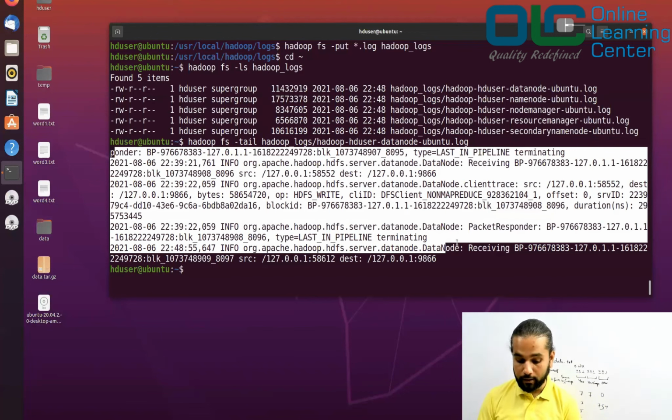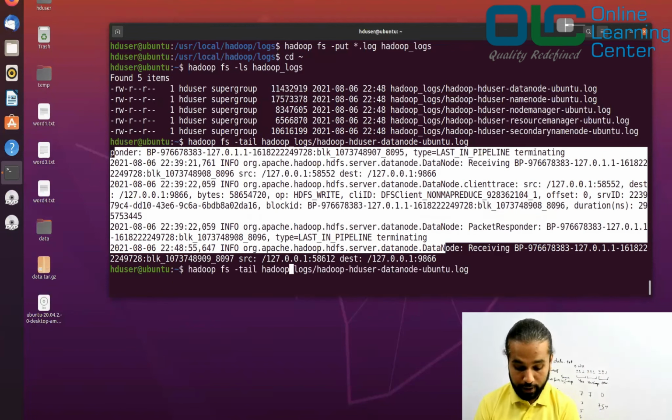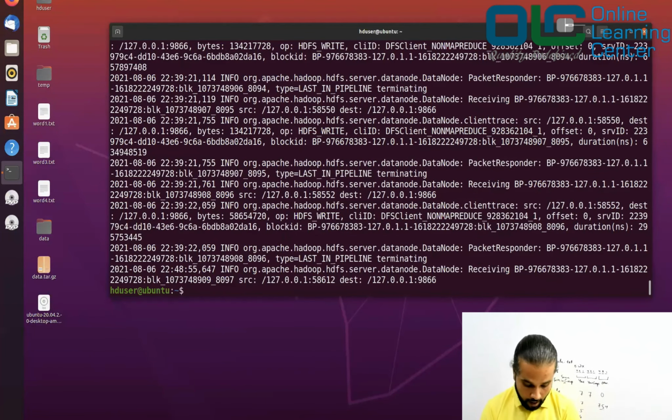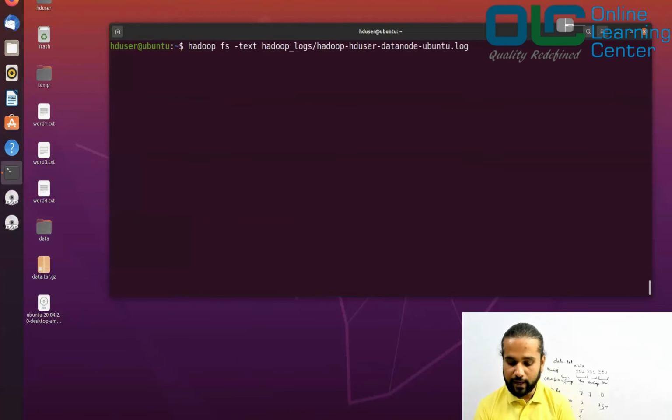If you want to open it, you can also do something like this. You can say cat, which will display everything. If you want to see everything, then you should say cat, and we have already seen that. Or you can say text, that also would work. This would give you everything. Otherwise, since this file is present in your HDFS, you can do something like this. You can transfer this output to temp.log.